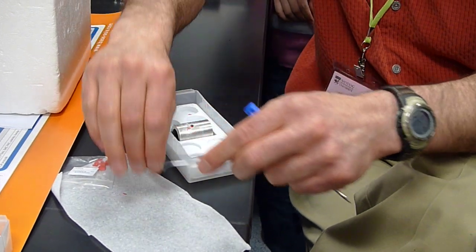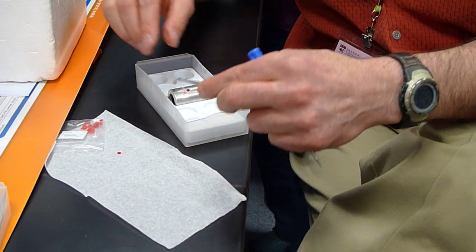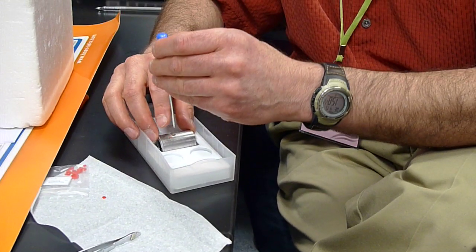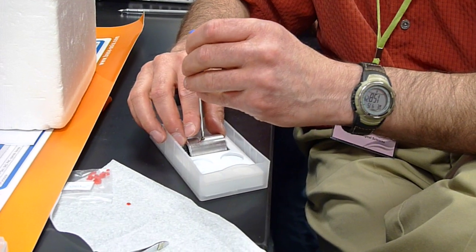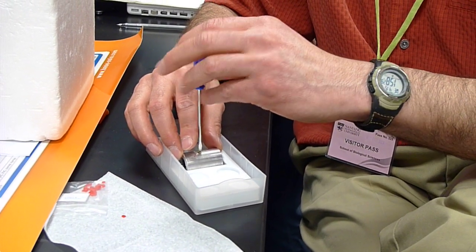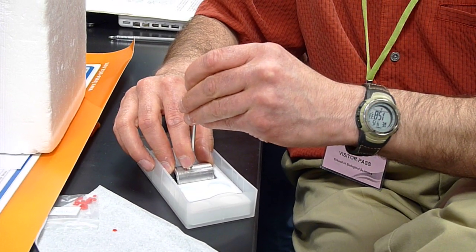And then I'll get the other one. It's very handy to have this nice set of tweezers, because if you have big fingers, particularly, you can't pick these up. There. So,